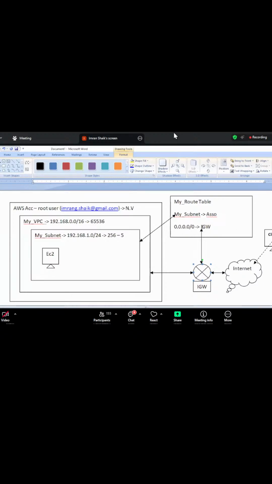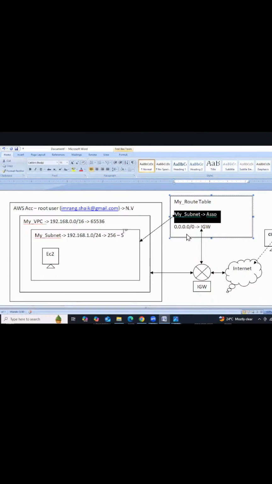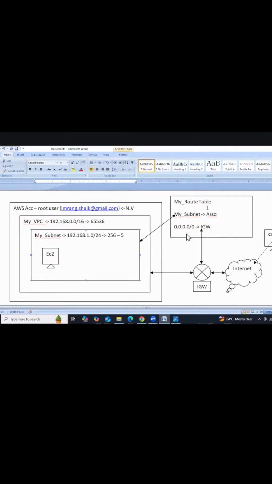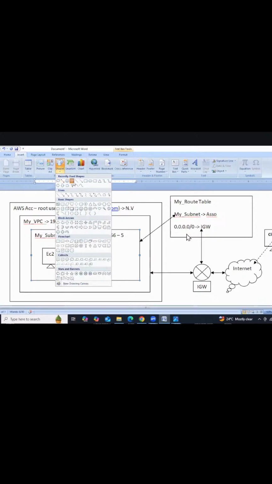The route table has the details about our subnet, meaning the IGW can communicate with the subnet with the help of this route table. In the route table, we'll have two entries: one is the subnet entry, another is the IGW entry. Means in this route table, the subnet and IGW both have communication. So the route table carries the request forward to the subnet. Actually, the request will carry forward to the NACL.